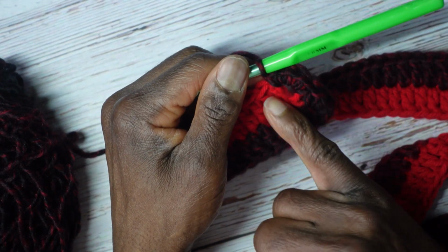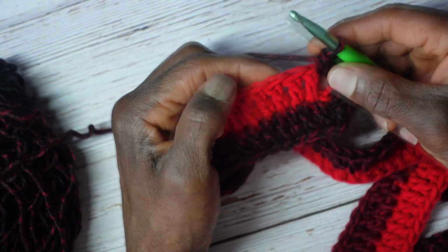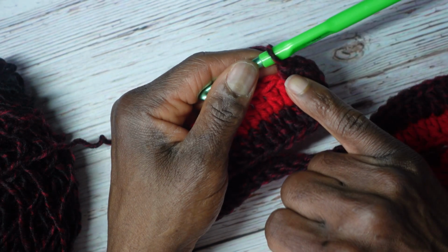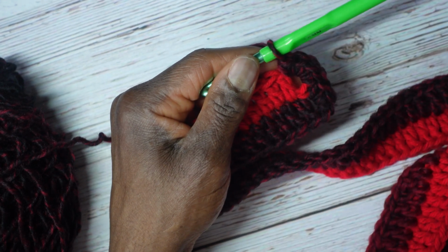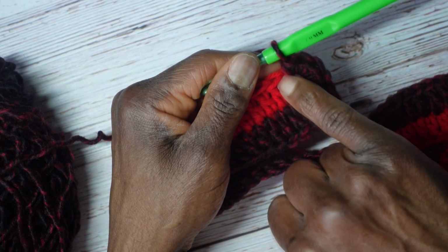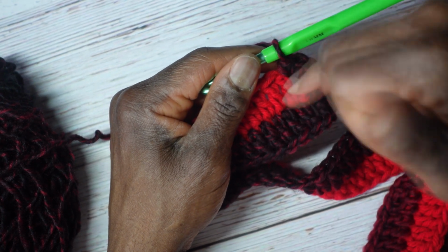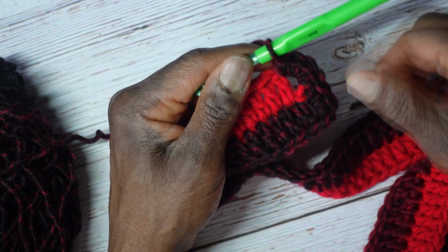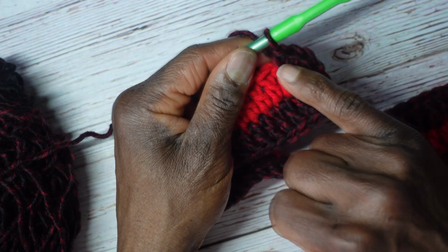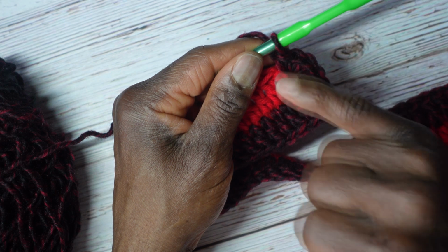now this side is going to be a little bit easier, because I actually have the tops of the stitches to crochet into. So I think at the other end I might have put a single crochet in that first stitch and then chain 1, and then I might have gone back in there and made another double crochet, but I'm not going to do that this time. I'm going to use this second single crochet that I used to curve around as the single crochet that I